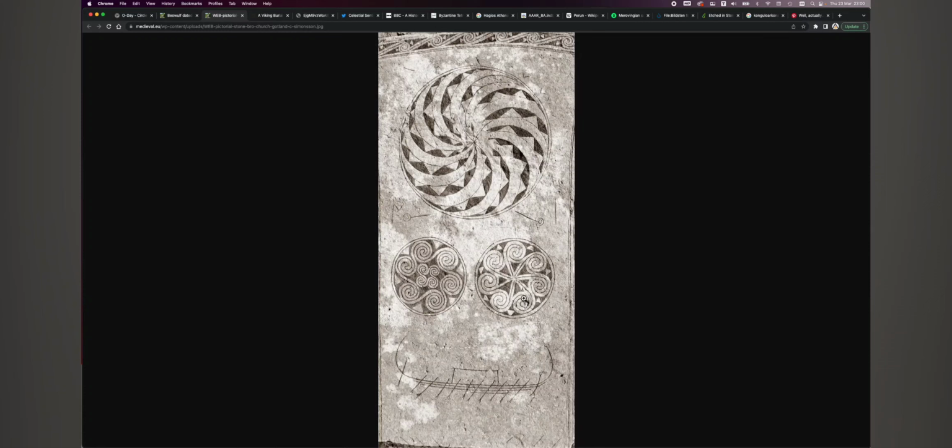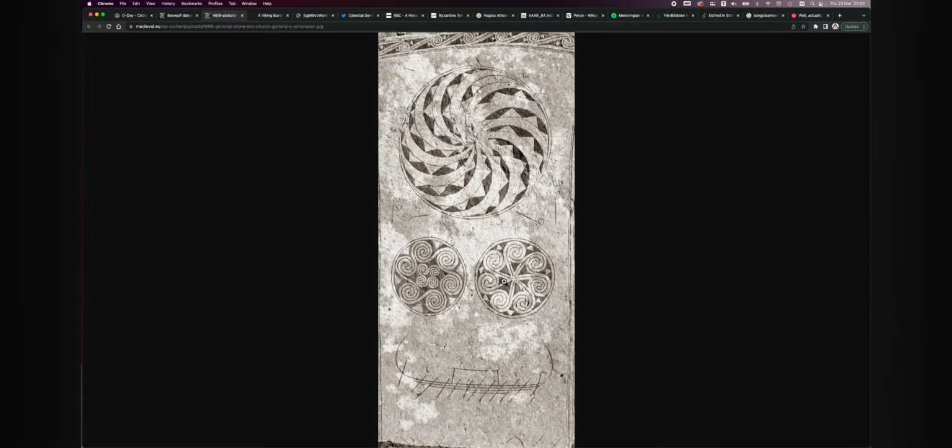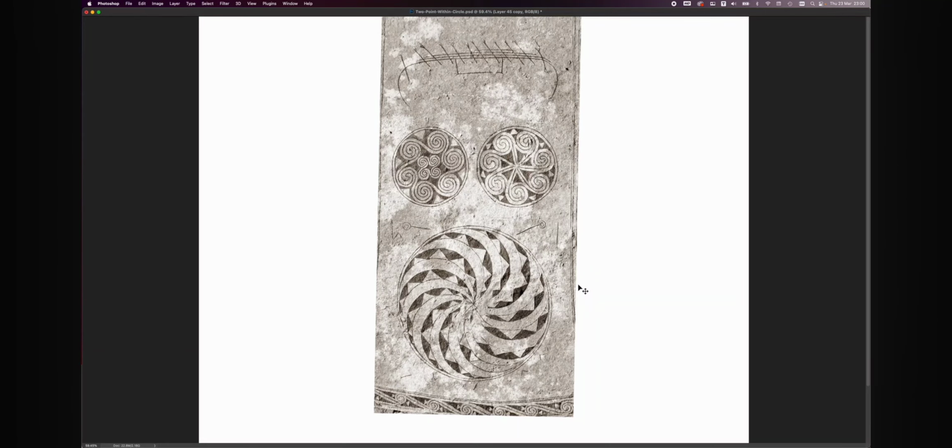So the breaker is on the right still, and the maker is on the left, but we're looking at it not from south to north. We're looking at it from north to south. So I have to kind of flip that, or rather, we're looking at this from the east side, and we need to be looking at it from the west side to flip this. Maybe I haven't made that clear, but I think you know what I'm getting at,